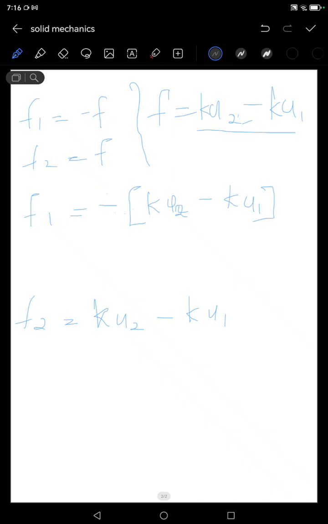And then now we can just multiply it, and we're going to have a KU1, the positive one, and then we're going to take the negative one to the other side. It's still going to be the same thing if we say negative KU2 plus KU1. I just want the negative to be on the other side. So we're going to have something like this, our F1 and our F2. And then from here, we can write these two equations